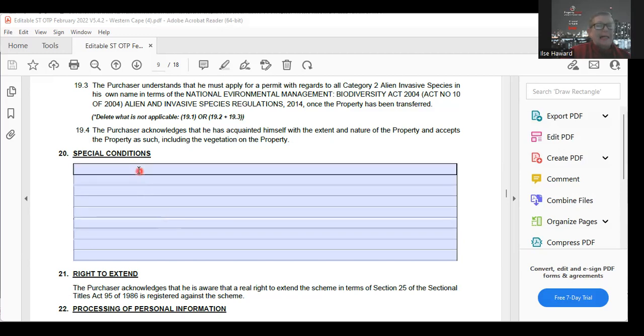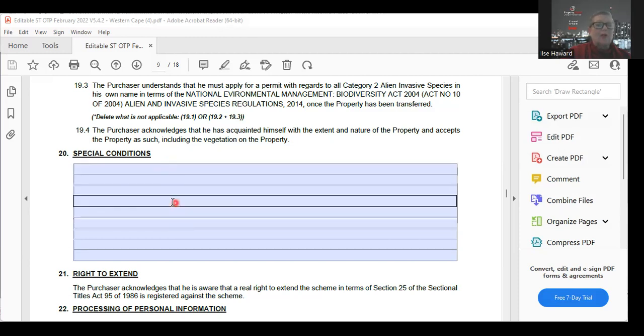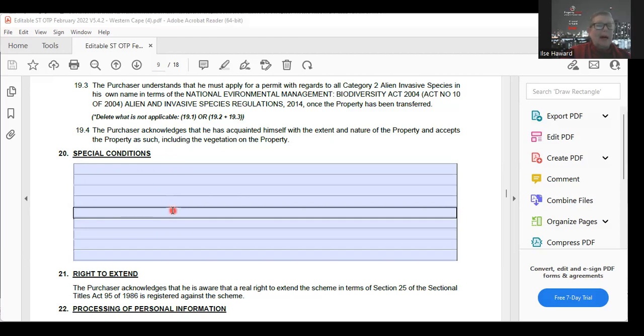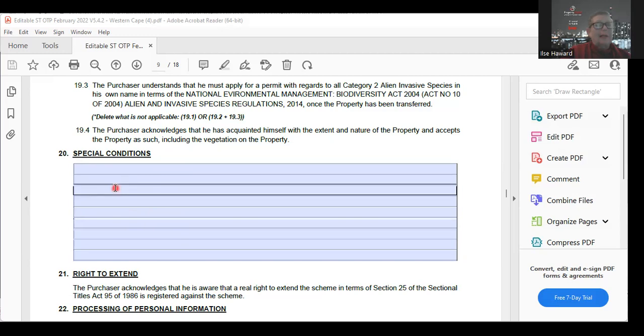Because if you just say the sliding door has to be fixed, it's very vague. Who's paying for it? Nobody knows. Who's doing it? Nobody knows. And by when? Nobody knows. So it's very important that you're very clear as to by whom, by when, and who's paying. And once you've written in whatever you have to write in, at the end of it just put NA so nobody can add anything to it